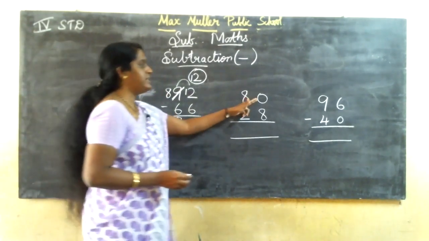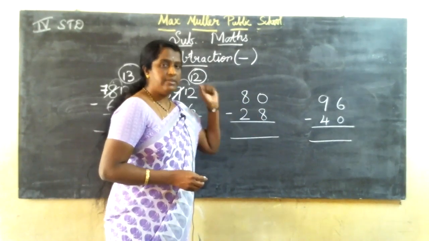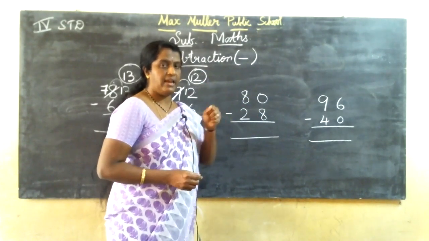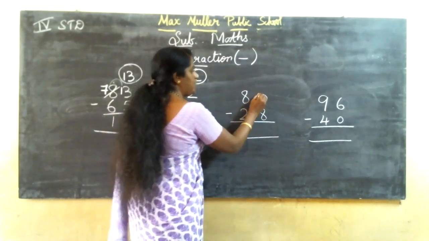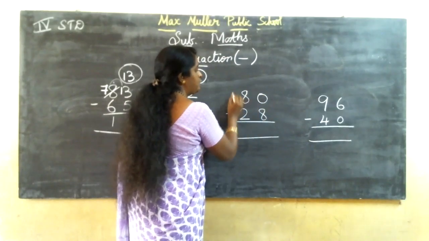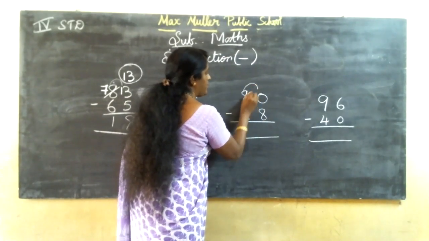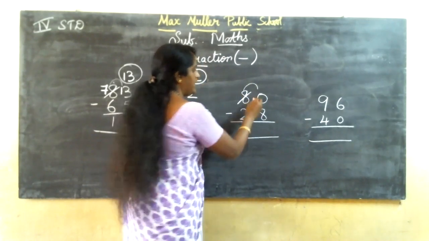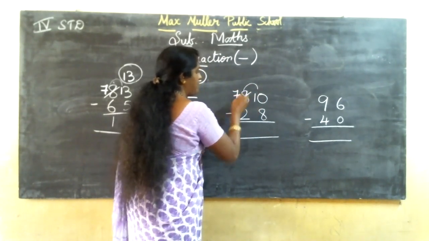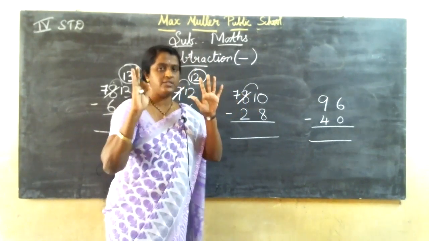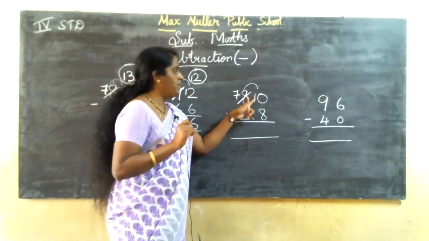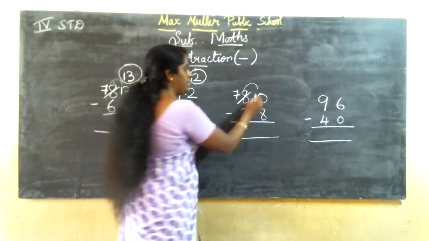So here 0 minus 8. You are having 0. So in minus 8 can you do what? If here 0 it is there, you can borrow. See, you should borrow here. It will become, in 8, 1 if we take here it will become 7. So, in 8 fingers, 1 it goes means 7.